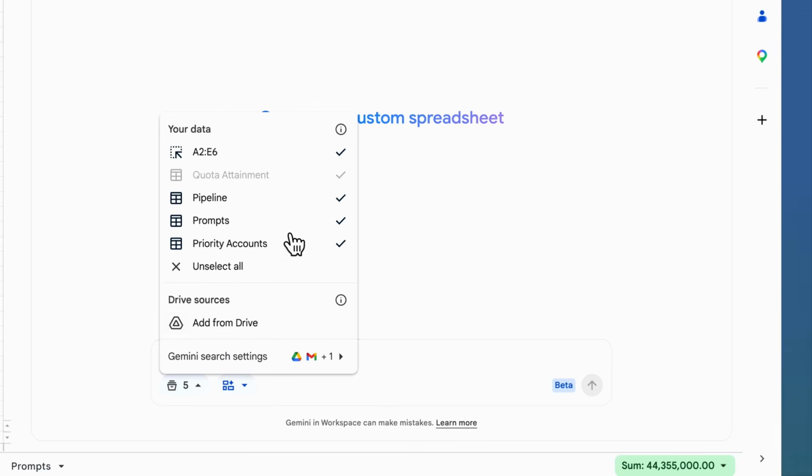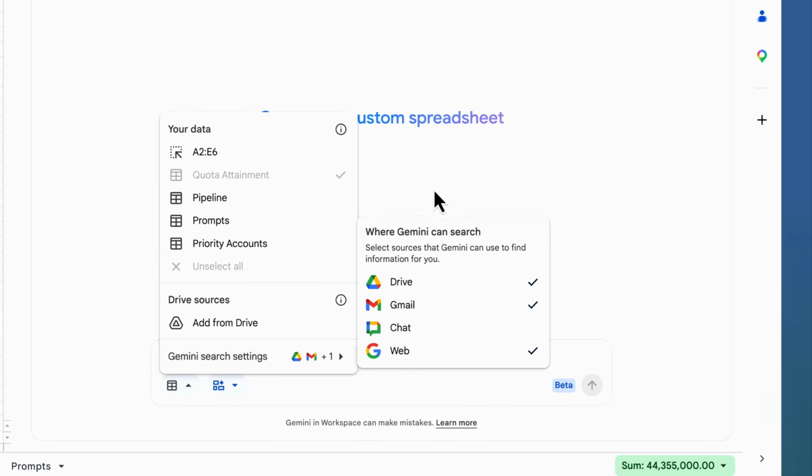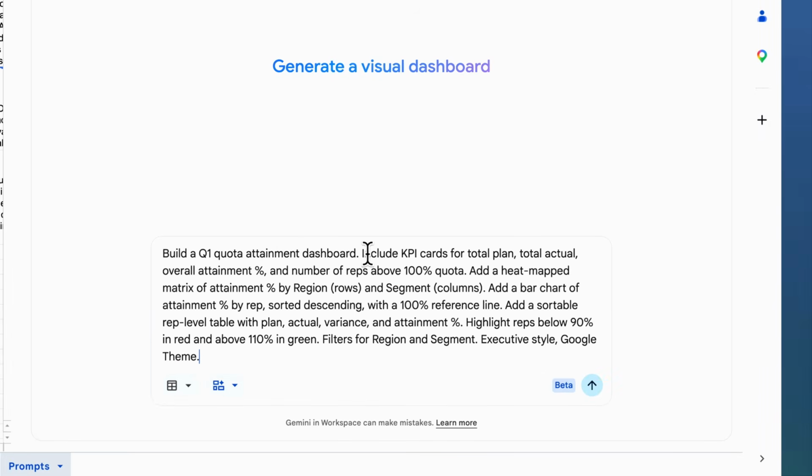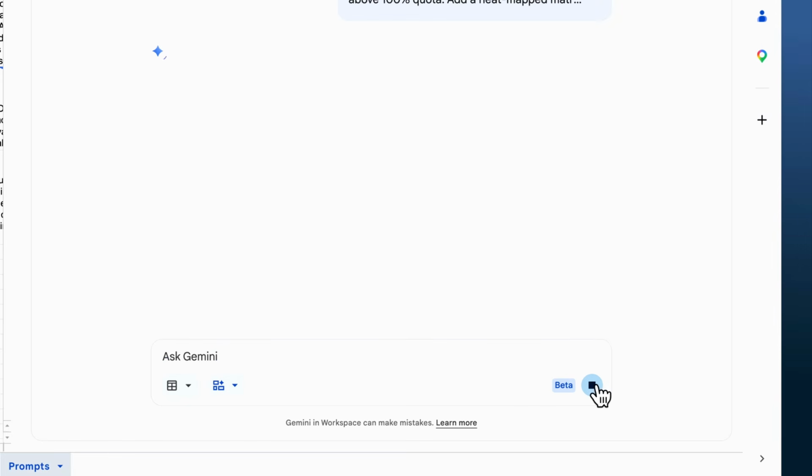What I want here is I want to have my quota attainment tab be the data source for this, and then I'm going to give this a detail prompt. I'm asking for a quota attainment dashboard. I'm highlighting out my KPI cards. I'm highlighting out that I want a heat map. I want a bar chart with 100% reference line, and I want a sortable rep table with plan, actual, variance, and attainment percentage. In that, I want rep highlighted for high and low performance, 2 filters, and a Google Gemini